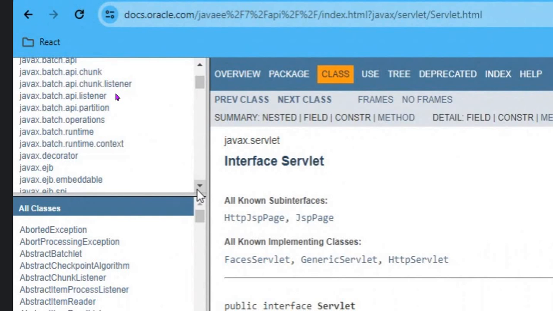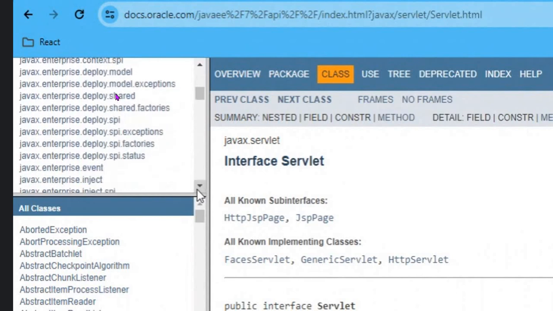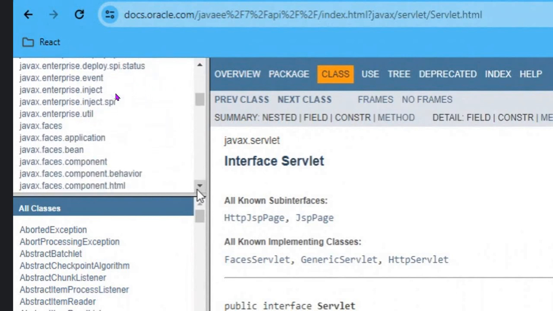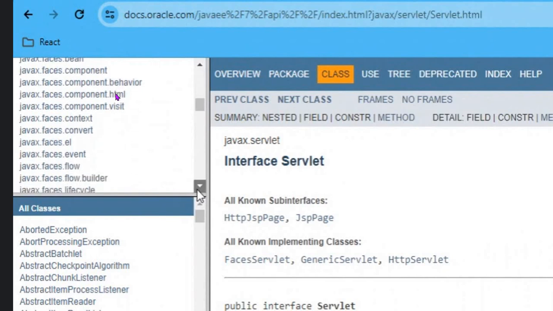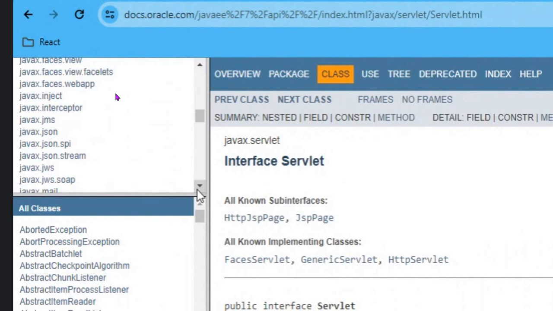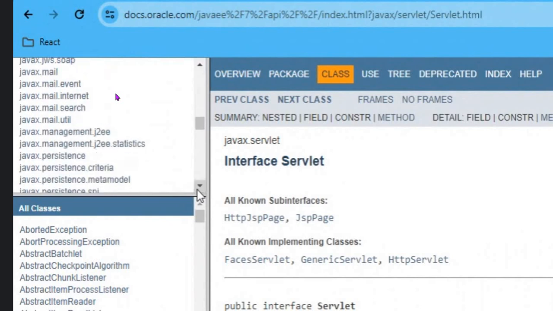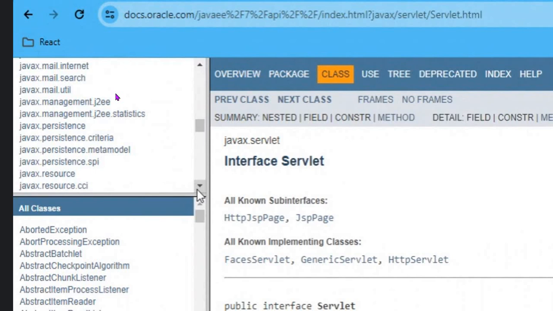You have the EJB related packages, API related packages. Coming down, enterprise packages, faces, inject, intercept, mail, persistence, resource.